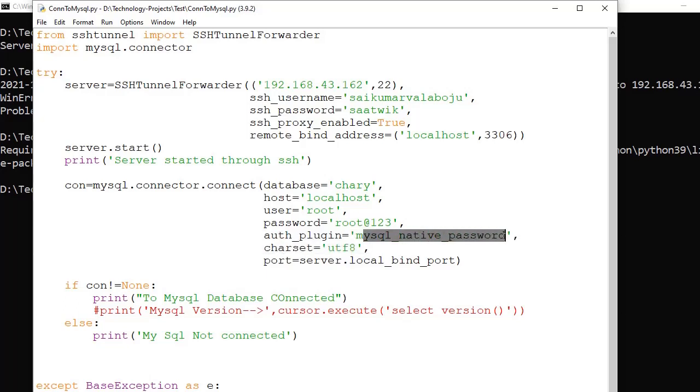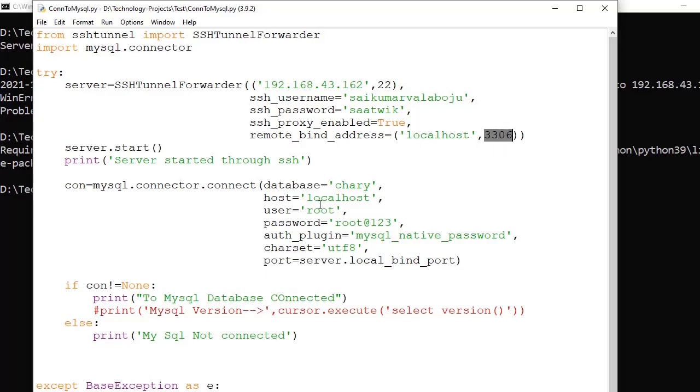If you want to check whether it is there or not, you can check by using select host comma user from the user table. There you can see mysql_native_password. Okay, this is charset. We have to use these two things, mandatory. So you have to check on the user table which one is there, and based on that you can keep it here. Next, port. Port means the MySQL port number. MySQL has 3306, so it will take it from here.